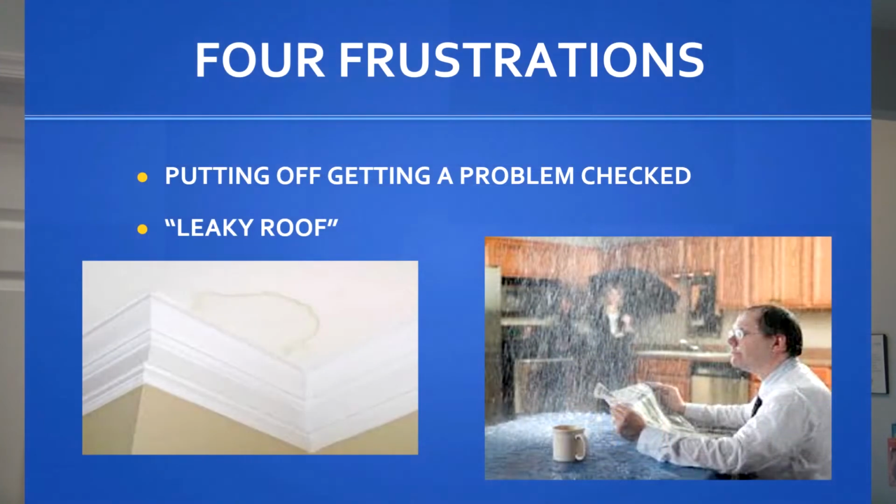Okay, four frustrations. You put off getting the problem checked. Sometimes you have that leaky roof. As you can see there, this is a ceiling, and this happens to be the water dripping on it, right? That's what that brown spot is. It's not the floor, it's the ceiling because of the crown molding. Anyway, usually where it's leaking, it's not directly above. So we want to get to the cause of it before it becomes a problem, as you see in the next slide there. How do we get to that stage, meaning where it's raining in our kitchen so bad,